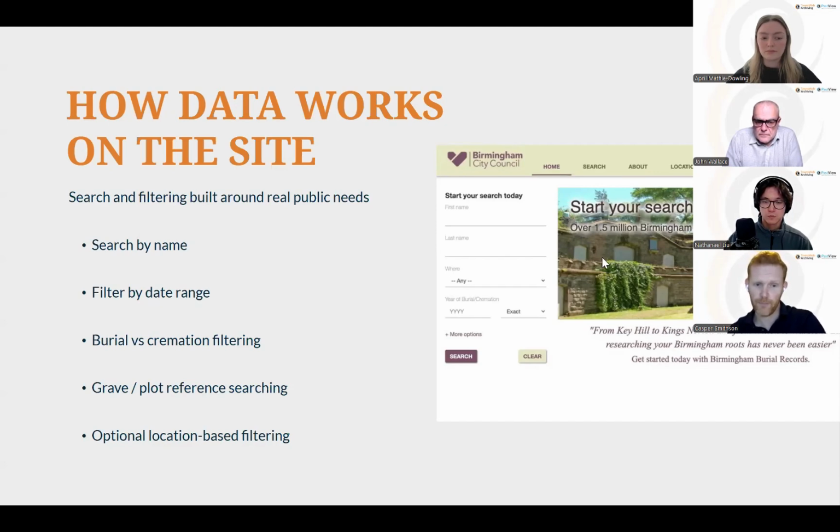So you might benefit from being able to filter between the cemeteries that you manage, for example. You might want to directly search into a grave or plot area, or potentially you want to look for a year, or a catch-all year as well, if you're not exactly sure of when the year of burial might be. So through the transcription, we can set your metadata fields up so that you get the most from the website and also the internal systems to find and locate those records going forward. Next slide, please.